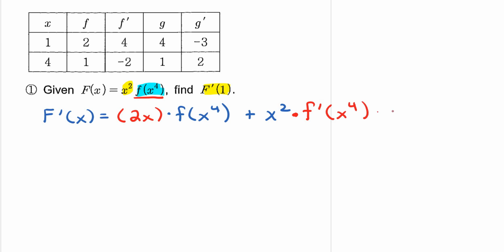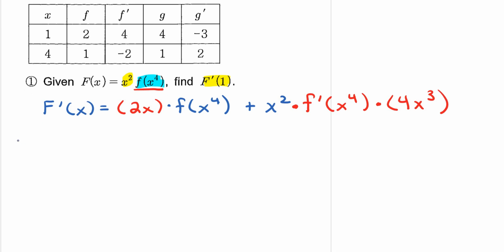That all remains the same, and then you multiply by 4x cubed. All right, so that's the derivative right there, and now we can go ahead and calculate f prime of 1. What that basically means is that all the x's get replaced with the 1. So 2 times 1 is going to be 2, and then this will be f of 1 to the power of 4, which is going to be 1, plus, now we have x squared,